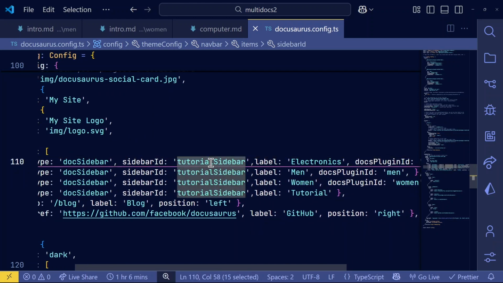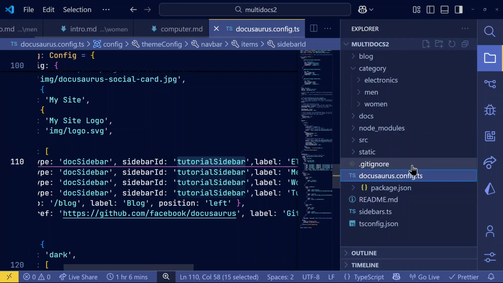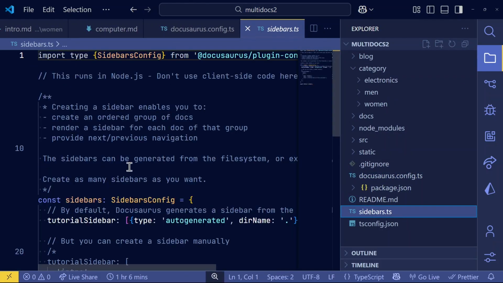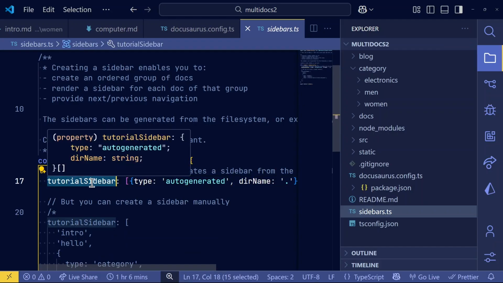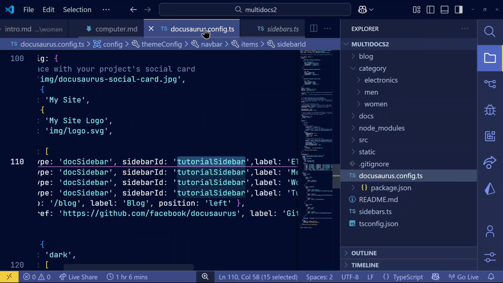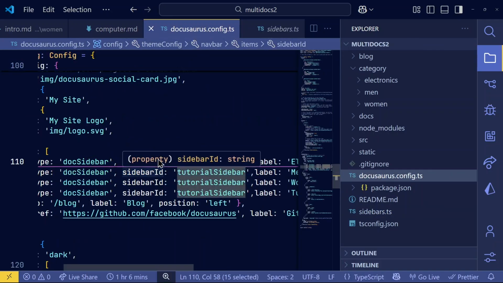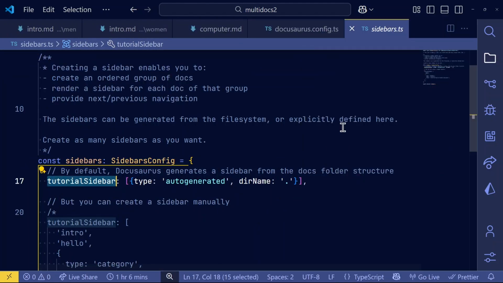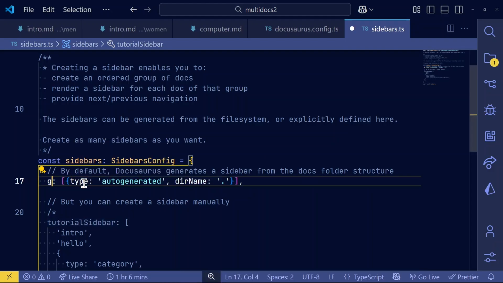Sidebar ID is from the tutorial sidebar or the sidebar.ts here. They use the same name, tutorial sidebar, and in the Docusaurus config, it is the same sidebar. So you can rename it like global